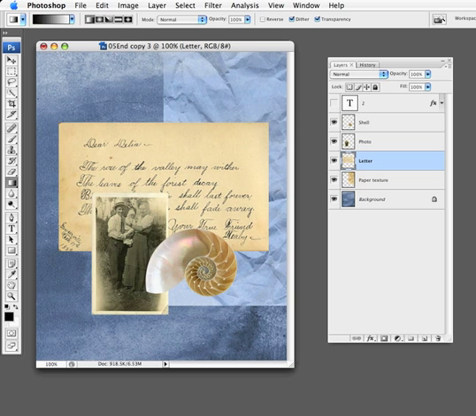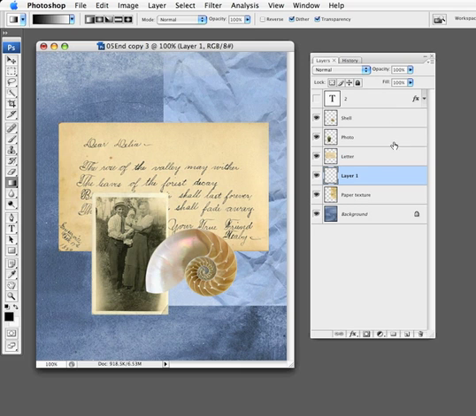Adding a gradient layer. Create a new blank layer. And actually this should be between letter and paper texture. And since I did a little miscue there, this is an opportunity to show you how I have